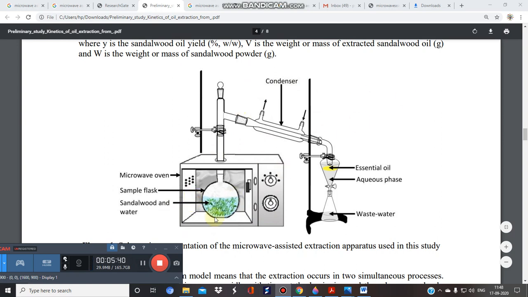So again, let's recall a bit. Here you will put a sample, that is your plant material, with the appropriate solvent. Due to microwaves the sample gets heated, and this leads to rupturing and finally to the leaching of the constituents. In this case, particularly, the oil present in the hardwood gets evaporated, and the condenser is attached, due to which the oil gets collected in this separating funnel, and of course you will collect the wastewater.